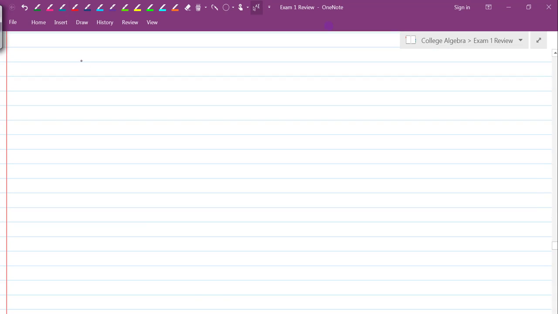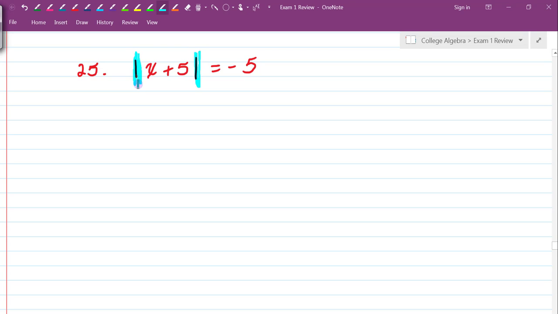Problem number 25 looks like this. It says the absolute value of x plus 5 is equal to -5. That is the equation. Well, we know that when we have the absolute value, okay, the absolute value signs here,